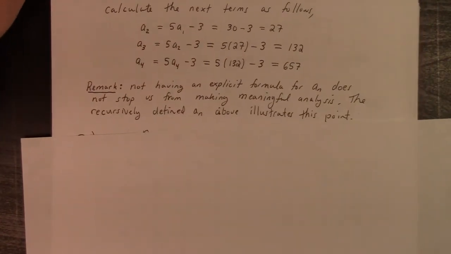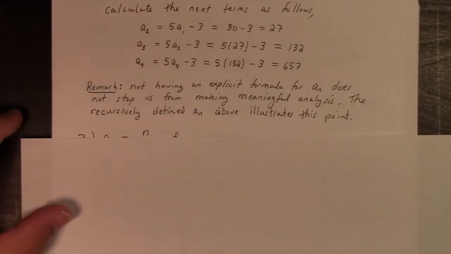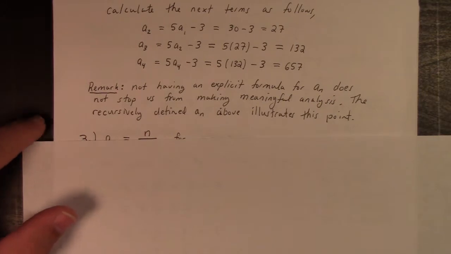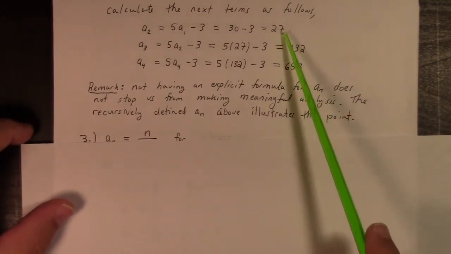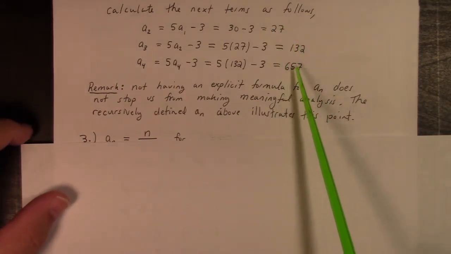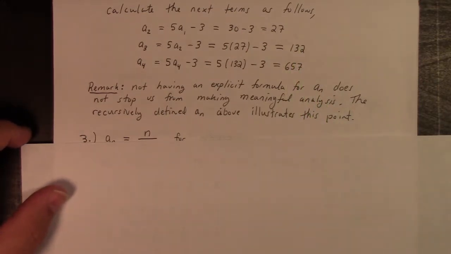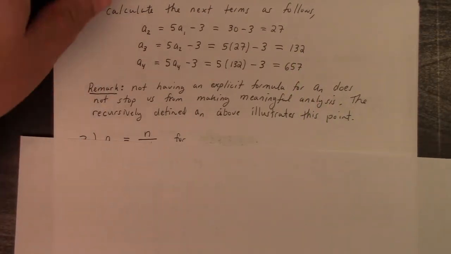So not having an explicit formula for a sub n does not stop us from making meaningful analysis, right? You can kind of see that this sequence is going to get bigger and bigger and bigger and bigger. You can already kind of start to see that, right? Next example,